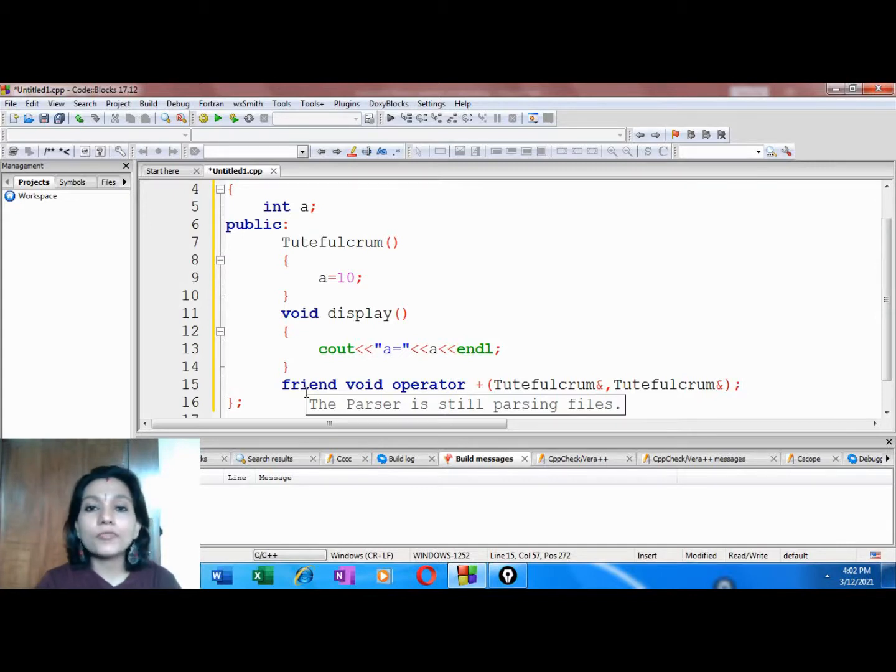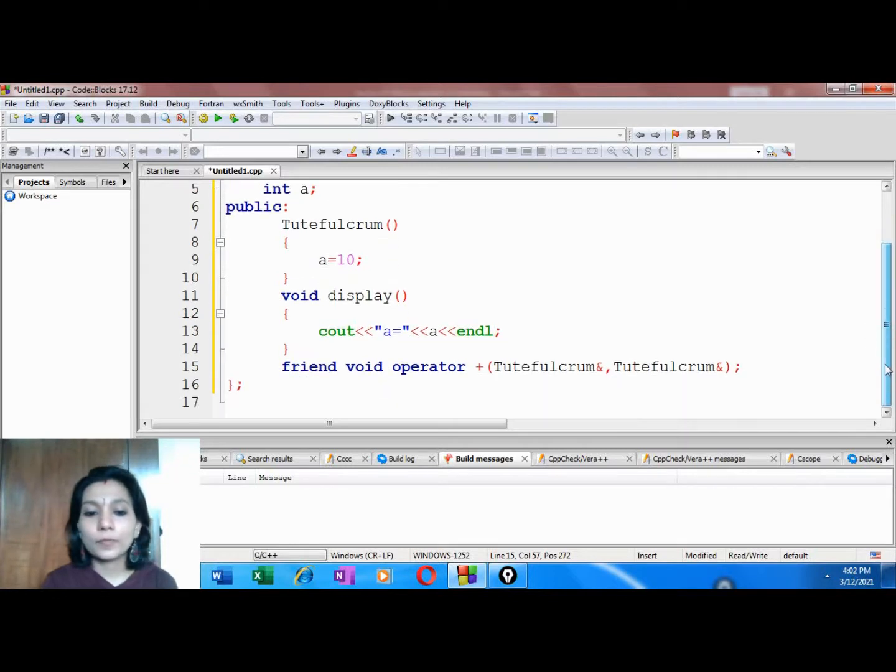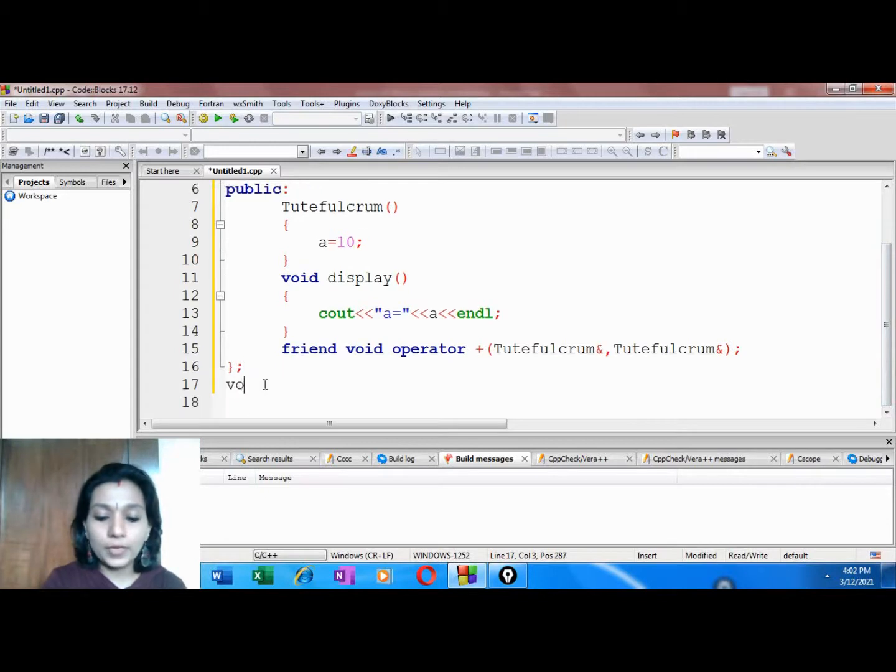Now we need to define the same outside of the class. So how will we do that? We need to remove the keyword friend and keep the remaining. Let's call our objects obj1 and obj2.